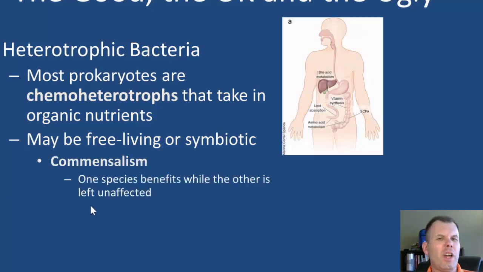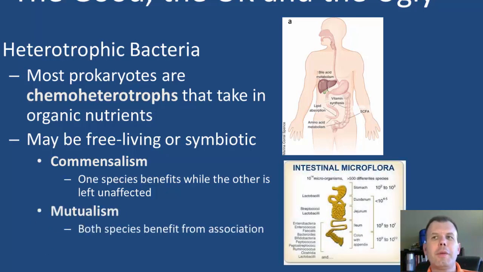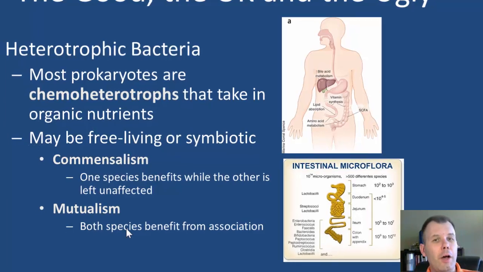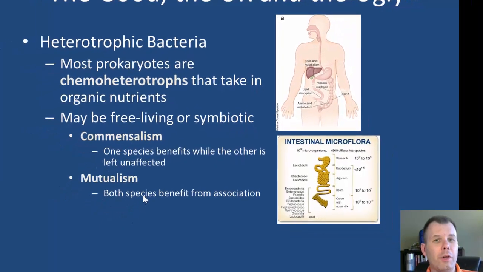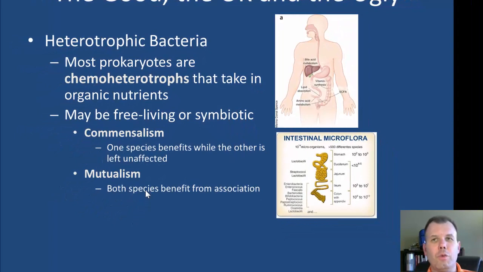Most of the bacteria, I would say, are commensal, meaning that they live on us, but they don't do us any harm. This would be an example like staph on our skin or some of the bacteria in our gut. They live there, we provide them a nice warm home, but they don't do anything to us or give us any benefit. There's another type called the mutualistic bacteria, which actually provide a benefit. Some of these bacteria that live in our gut not only help us digest, but they provide us some vitamins and minerals to help us survive and do really well.